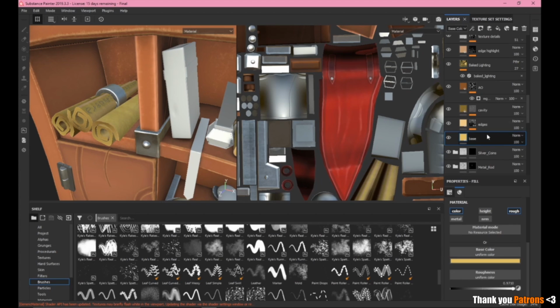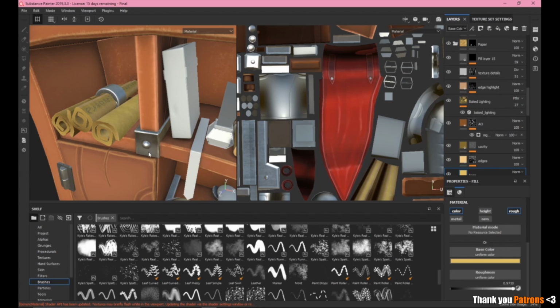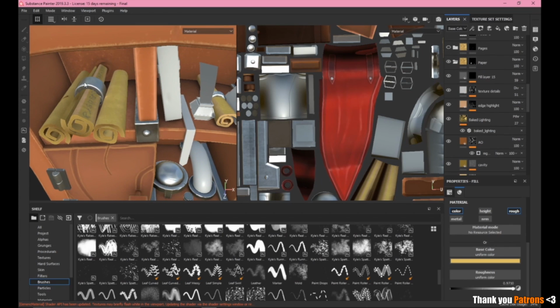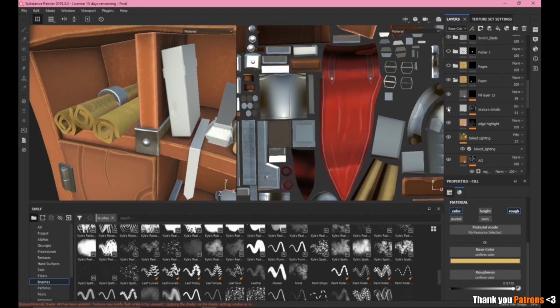So you have my edges right there, and then my cavity. That just went all throughout, so that worked out for me. And then my AO to add variation to the color, because that usually happens with old paper. And then I added my baked lighting to it, which just gave an overall more yellow brown look. My edge highlights for some of the areas that are a little more worn down, and then my texture, which honestly gave a great paper look to it that is worn and old,